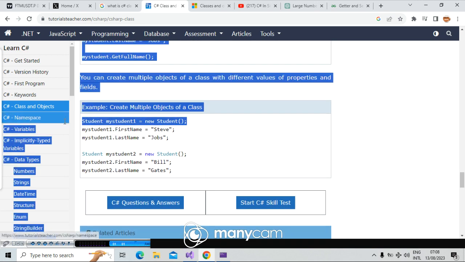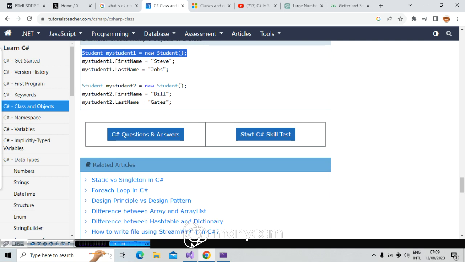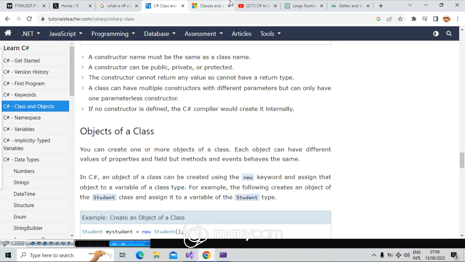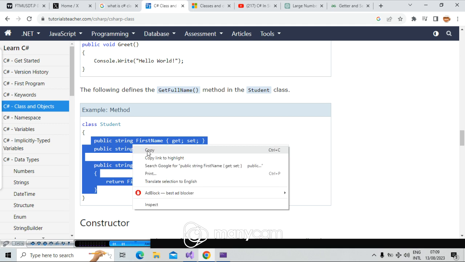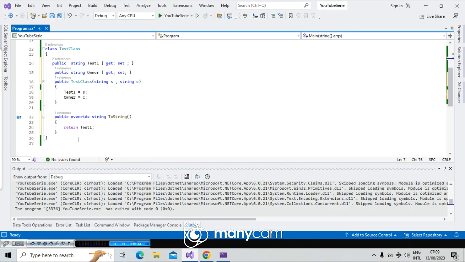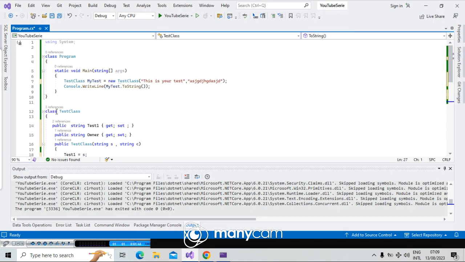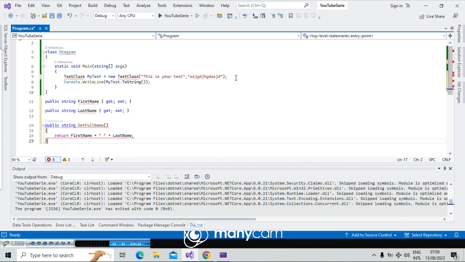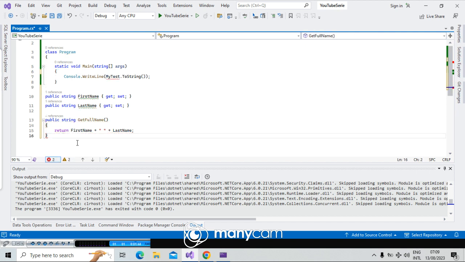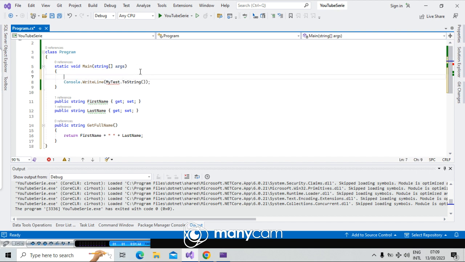you make an object of a student class, and the student class has a first name. Let me bring it here, just show you. Let me see, I have here first name and last name. Just no need, this is just simple, but let's put it here. I put this here, and then I say here for example